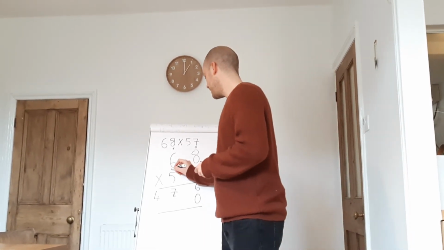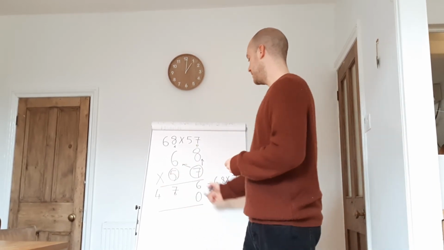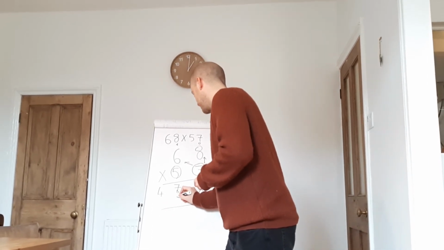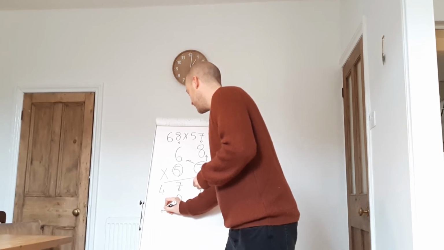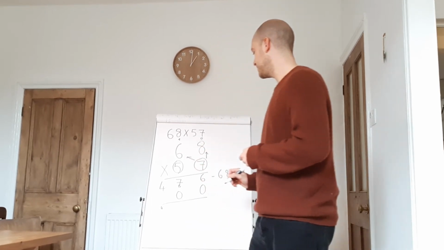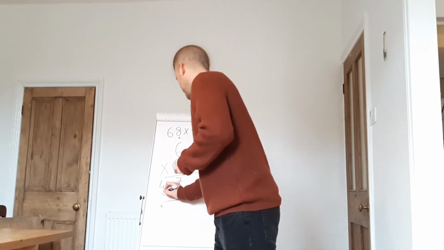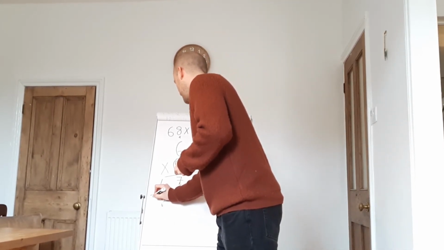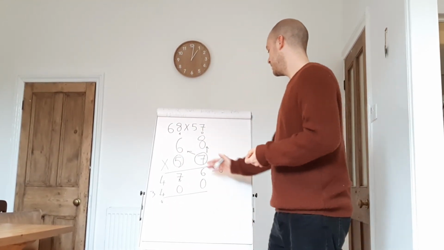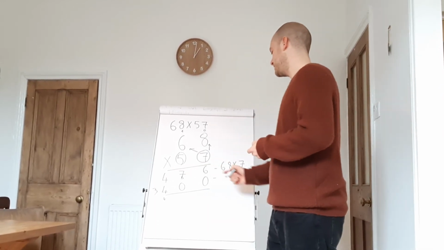So when you put the placeholder there, we're going to look at this number here, which is actually 5 tens or 50, and we're going to do 5 times 8, which is 40. So no tens, and there's 4 hundreds. So once we've done that, we're going to do 5 times 6, so 5, 10, 15, 20, 25, 30, plus the 4 is 34. So we've got 4 hundreds, 3 thousands, and the last step is just to add up these numbers. So we've got the answer, as I said, to 68 times 7, which is 476,